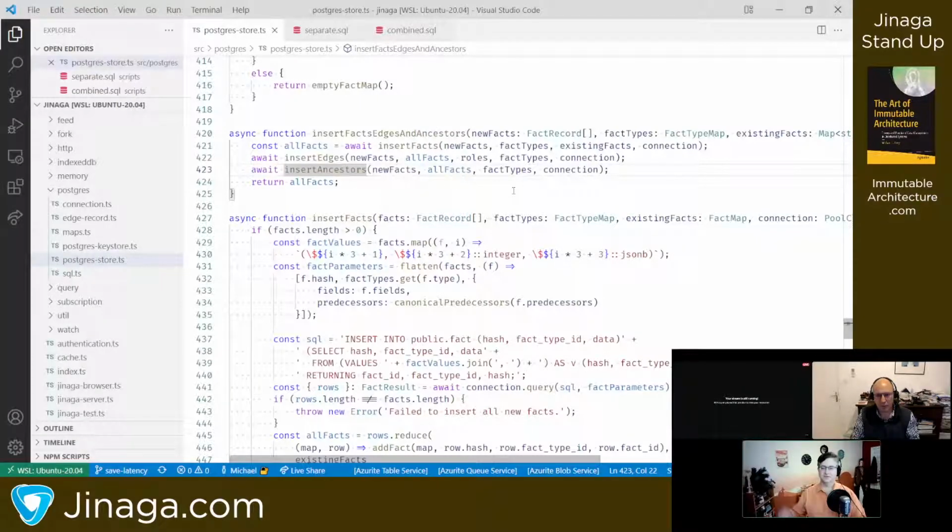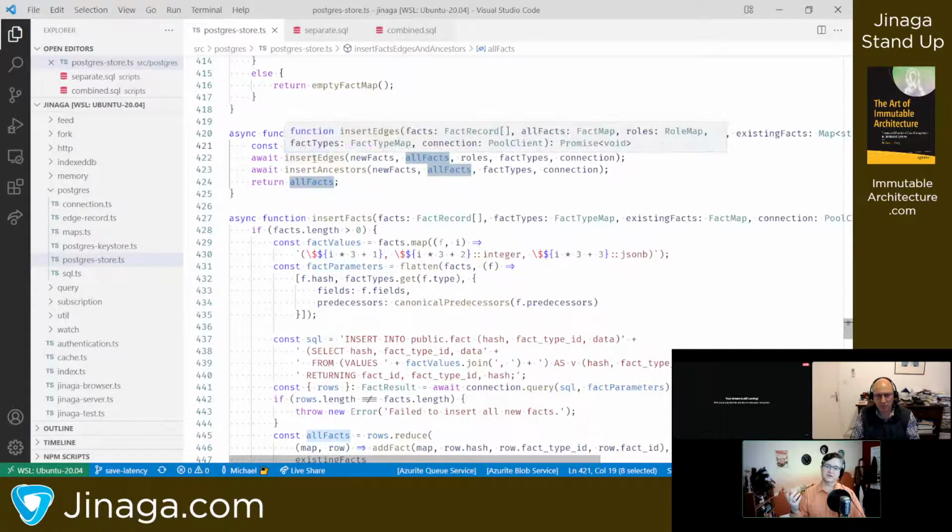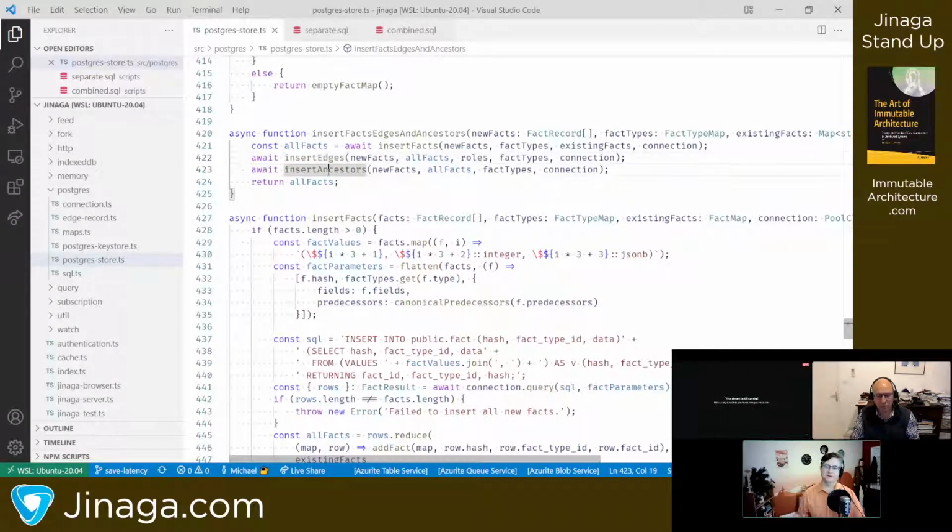So it does all three of those inserts, and because the code is currently written to take these fact IDs and then do the translation into fact IDs in order to create the edges and to create the ancestors, these are done as 3 separate calls to the database.